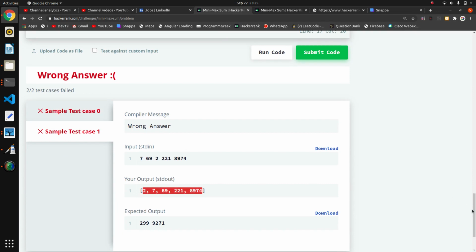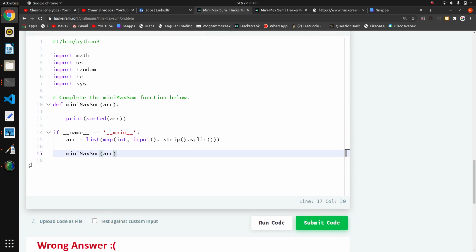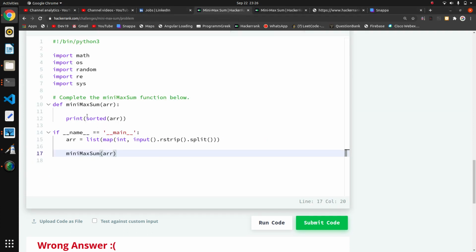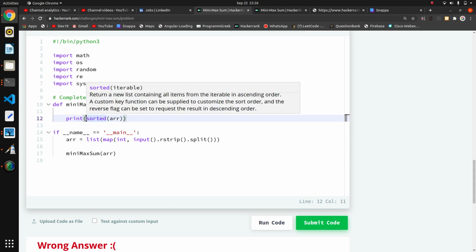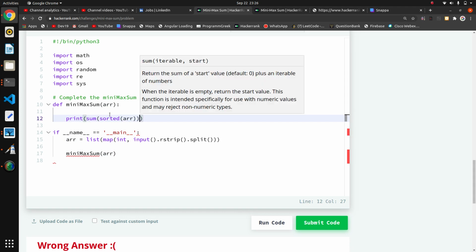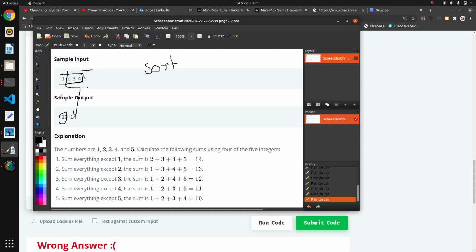Now from this sorted array we want to find the sum of the starting four numbers. So for that I will apply the sum function on this sorted array, but I want only the starting four values of the sorted array.